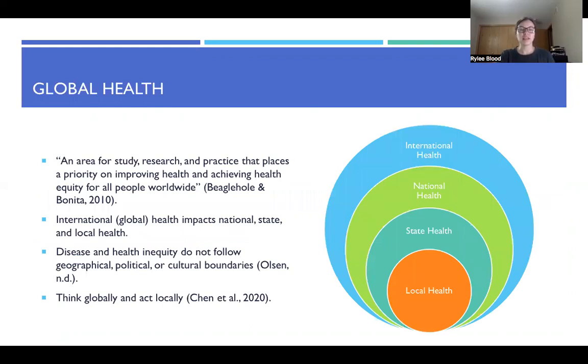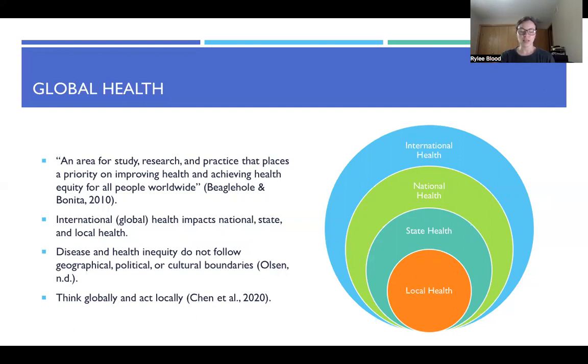Global health is an area for study, research, and practice that places a priority on improving health and achieving health equity for people worldwide. As you can see to the right here, I have created an image that shows international health, national health, state health, and local health are very interconnected and related. It's really important to know that disease and health inequity do not follow specific geographical, political, or